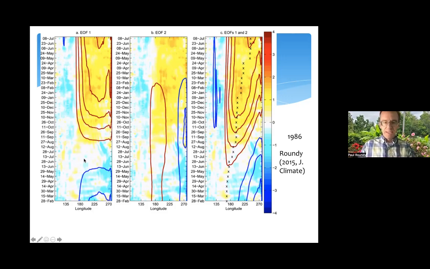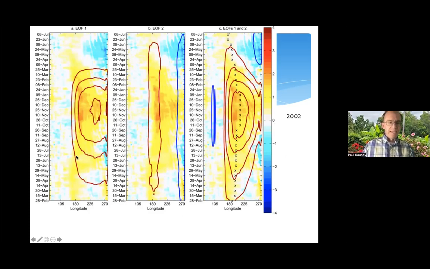Here's an example of an event. This is 2002, shown in the same eigenmodes. And you'll see the East Pacific mode strengthens in November and December. That's when it typically reaches its peak. But in contrast to 1986, this event kind of maintained the Central Pacific eigenmode going through the whole thing, before and after the East Pacific mode maximized. And so now the superposition of these two says it's Central Pacific, expands to East Pacific, and then retreats back to Central Pacific across its lifetime.